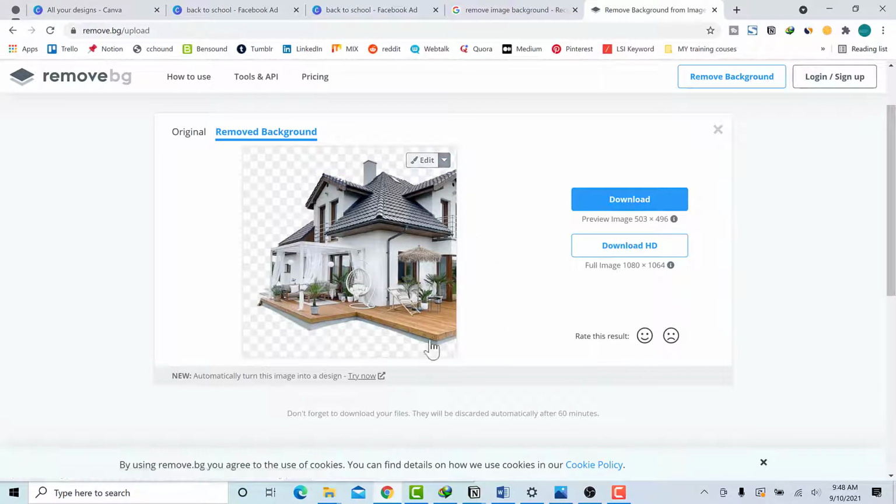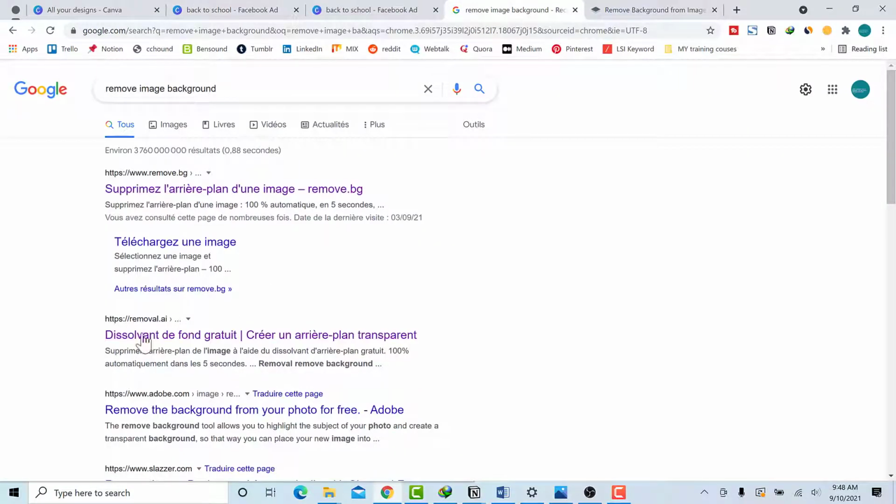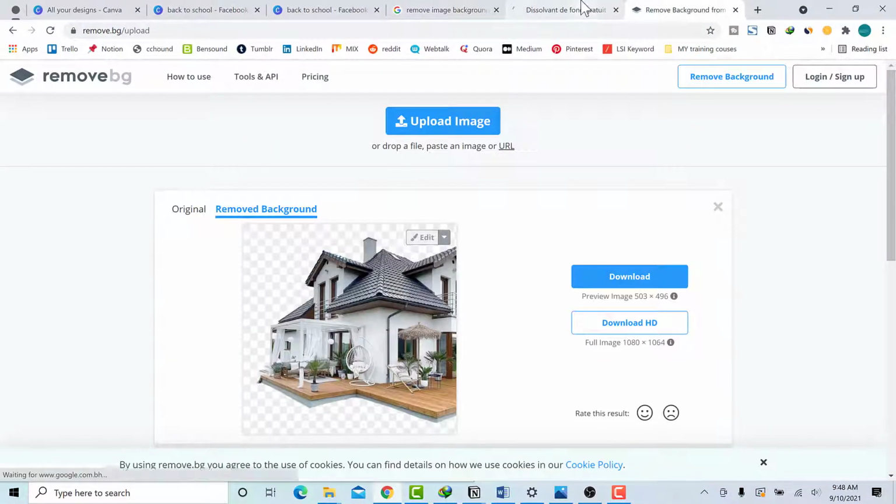You can use it for your design, especially if it's not something where you have to put it on a billboard or something like that. It's just for a video, and it will stay on the screen for like 5 seconds, so there's no need to worry. So this is one of the free tools I use. I always use this one, but there are also many others out there like removal.ai, but I stick with remove.bg always.